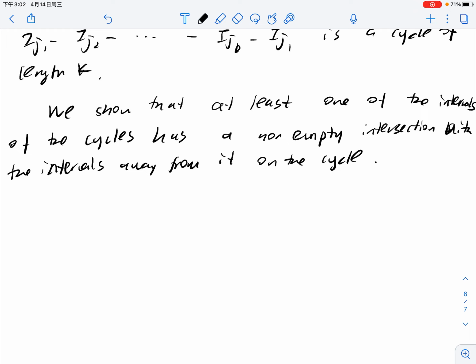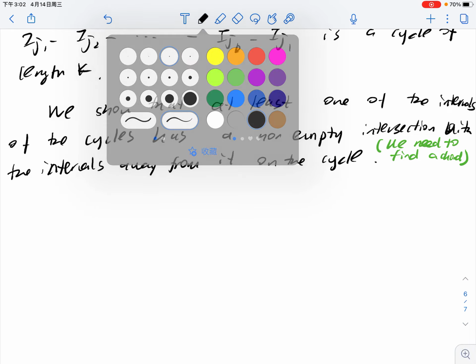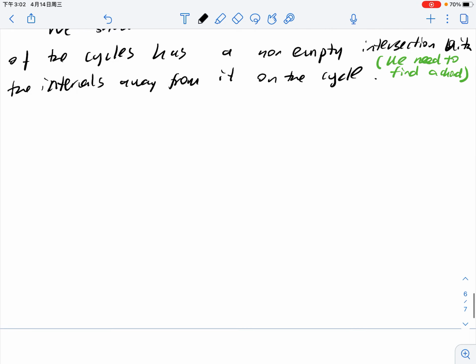So in other words, we need to find a chord, and we prove by contradiction. Assume the opposite,